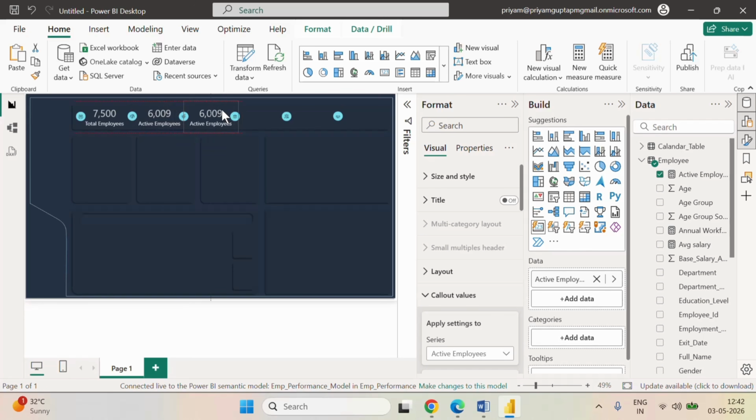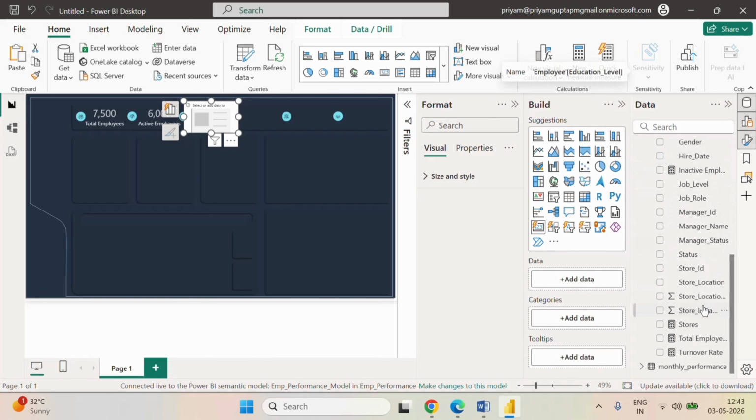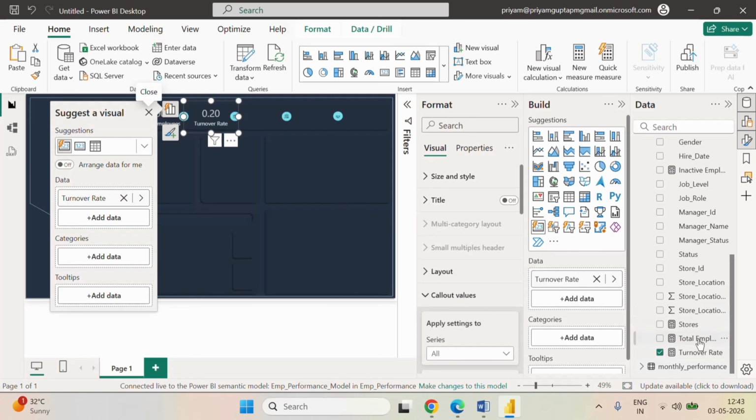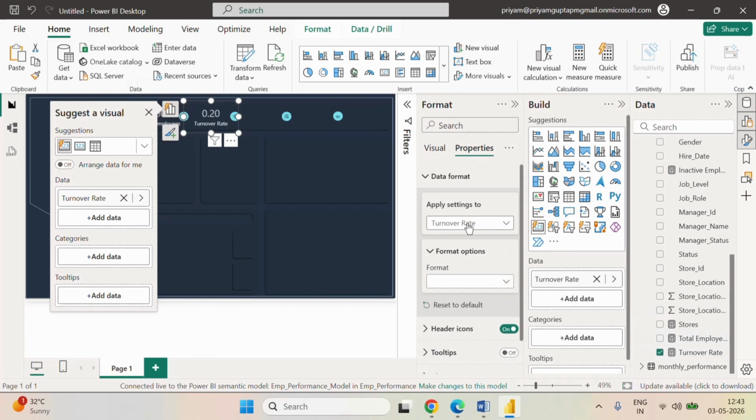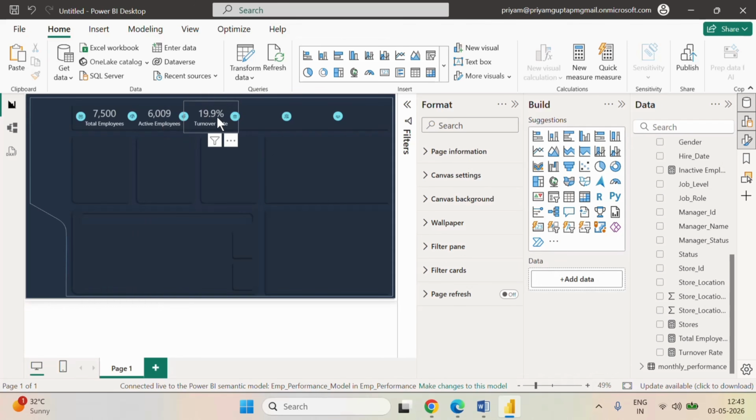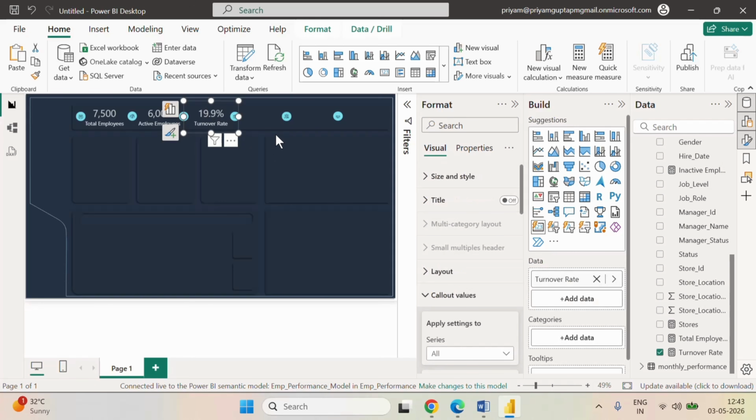Let me place it over here. And here we are going to use the turnover rate. So where is the turnover? This one is the turnover rate. Let me click on here, and here we have to change it to percentage. It will be 1 decimal, and yeah, okay, this one is okay. Now let me copy this one and place it over here,